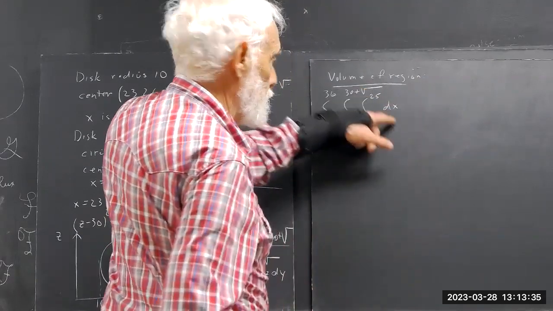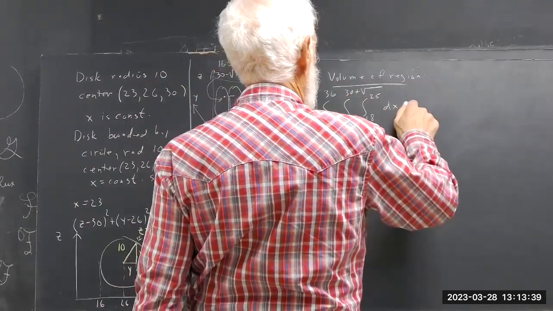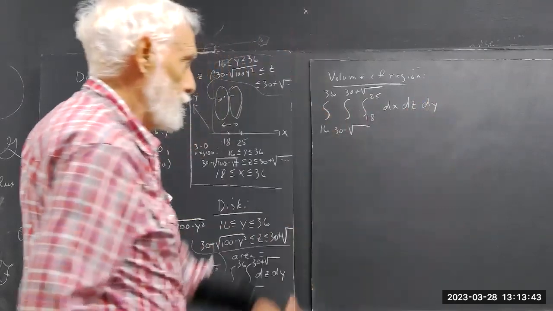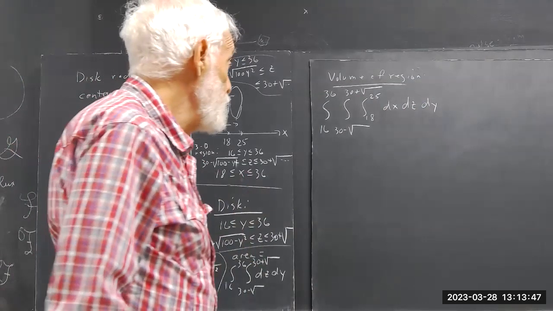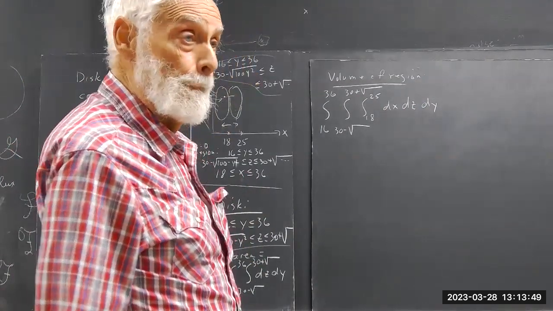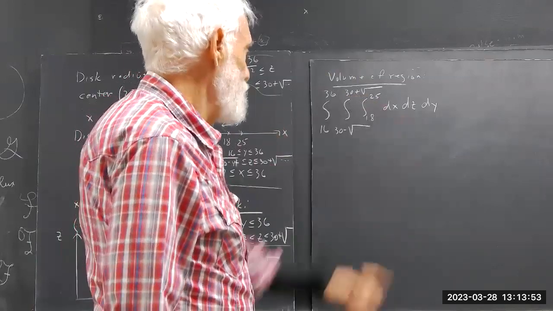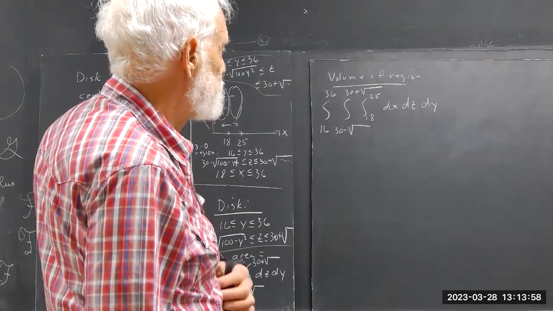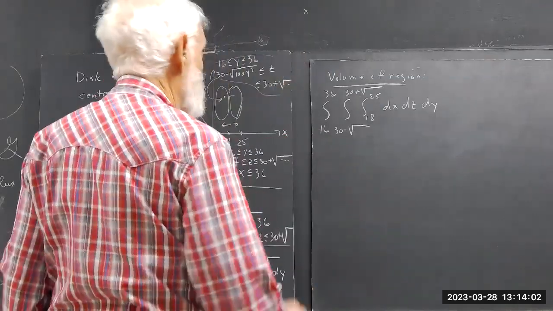This integral is the integral for X. The inequality gave us this for Z. And the 16 to 36 are the limits on Y. An easy enough integral. If you do a trig substitution in your Y, that's going to give you the volume. And if you do that,